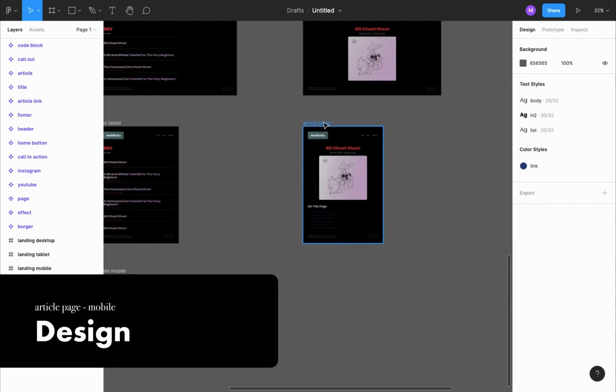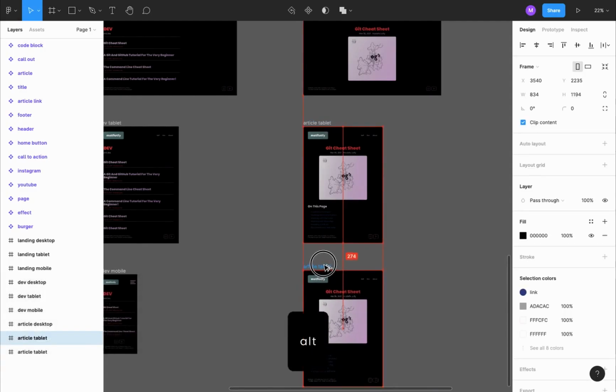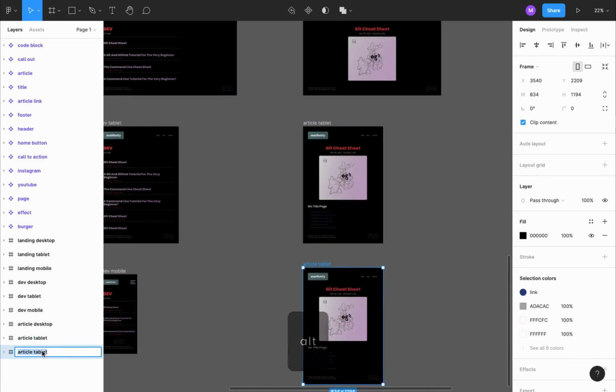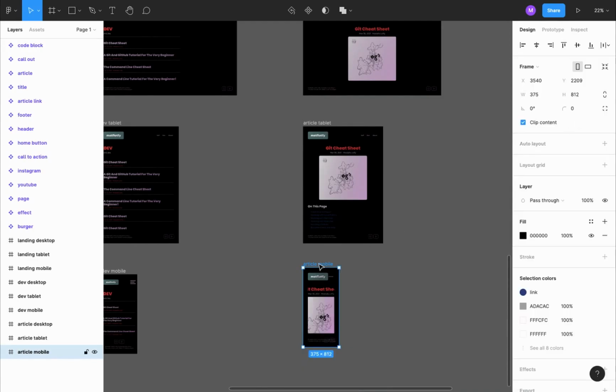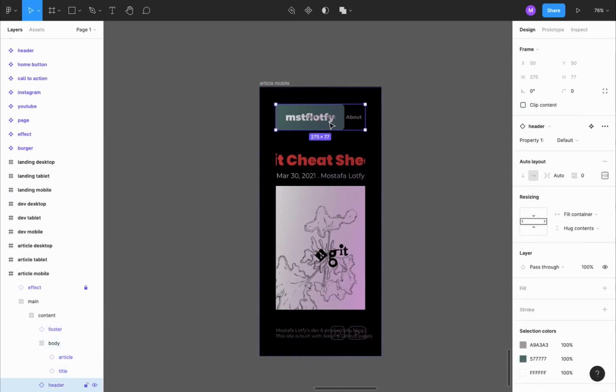For the mobile, again copy the article tablet frame by pressing and holding the Shift key, the Alt key, and putting it into place. Order and rename to Article Mobile and change the device to iPhone 13 mini. I have a couple of problems here, but first let's select the header by double clicking and change its property